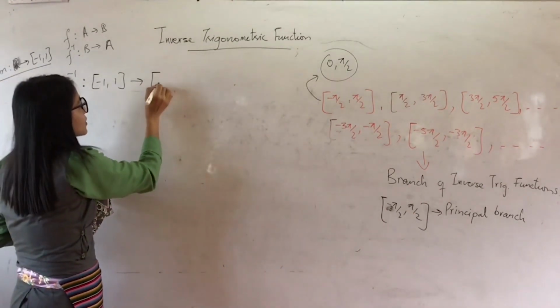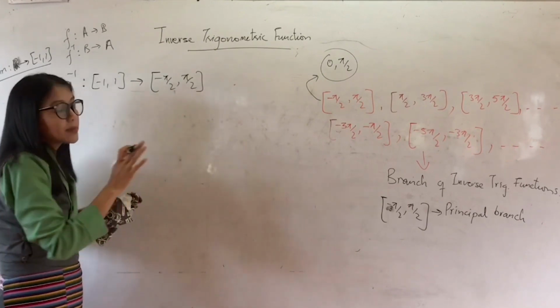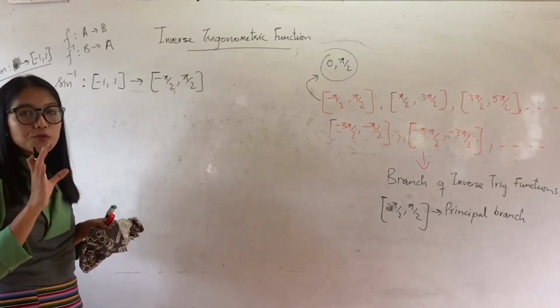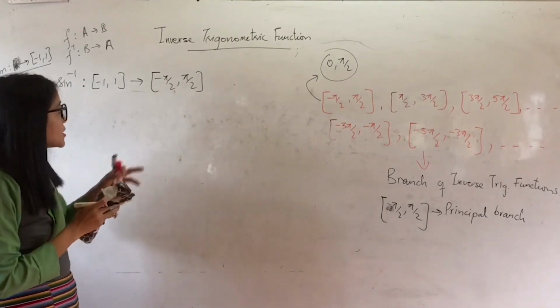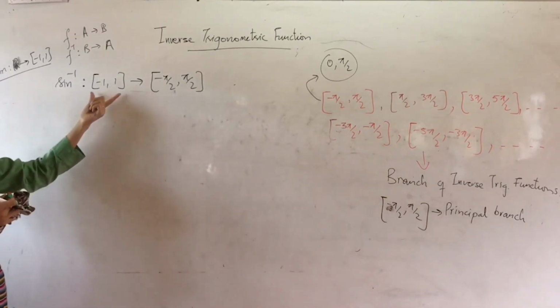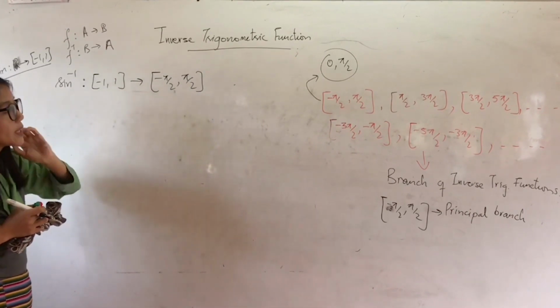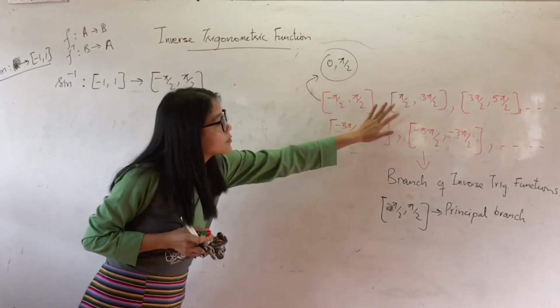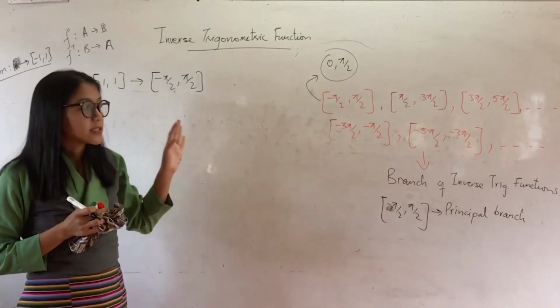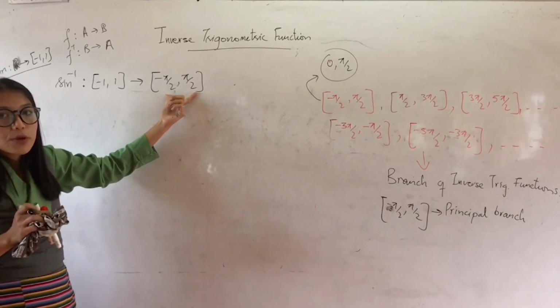Okay, you can write -π/2 to π/2. Now you know what we mean by the principal branch? That branch which includes the first quadrant. Okay, so that is to be considered as your principal branch. So now this becomes my domain of sine inverse and this becomes the range of sine inverse. Even if you write here another interval, it is correct. It is correct. Okay, but in a standard way, we always write the principal branch here, right?